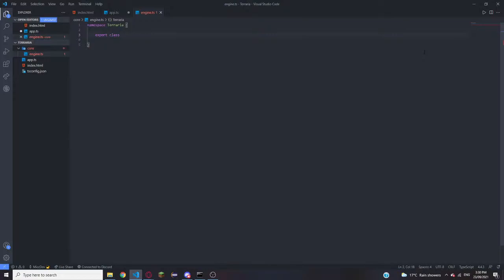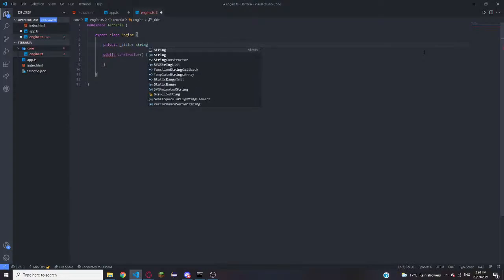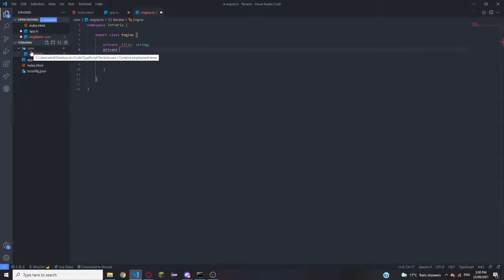Anyway, let's just say engine, and we'll have a constructor. I know the public here is unnecessary, but I'm doing it anyway from now on. We're going to need a bunch of private variables. Title, type of string, and is it worth creating a vector? Actually, let's create, oh no,